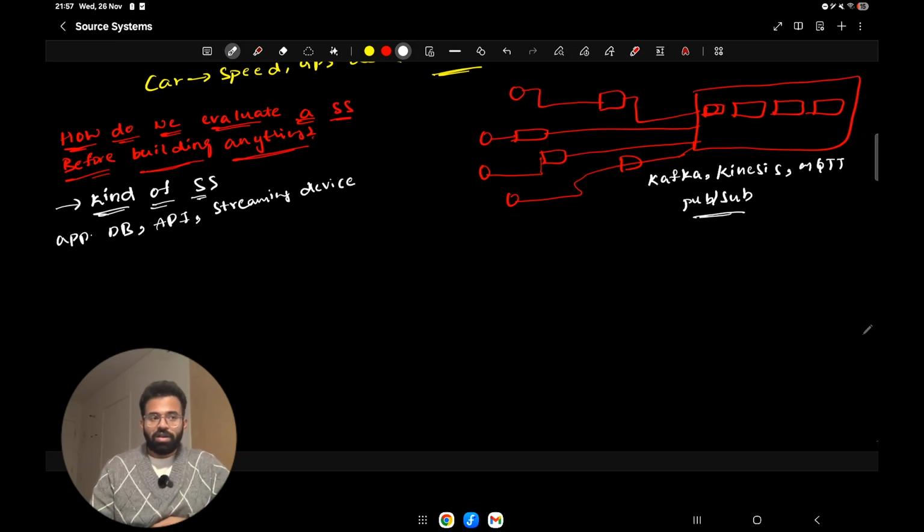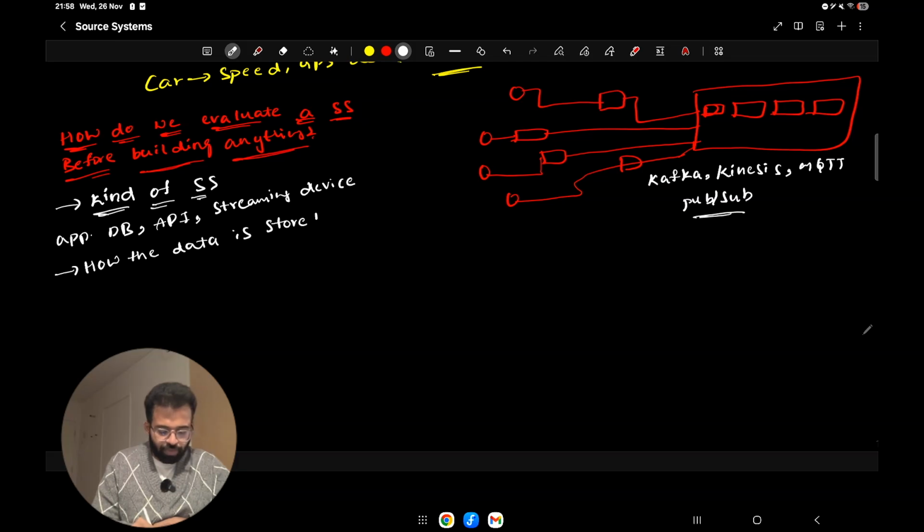Okay, so you need to really understand what kind of source system it is, and then you need to understand how the data is stored in the source system. So what do I mean by how the data is stored in the source system?